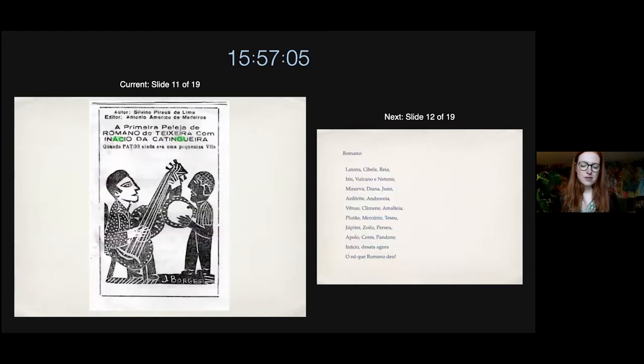One of the most famous duels in the sort of canon, I guess, of popular poetry in Brazil is this one between Romano and Inácio. This happened at the end of the 19th century. And supposedly, the story goes, the two poets were competing, singing and exchanging verses all day and all night before one of them could finally get the upper hand. I think it's interesting for 2 reasons. Firstly, because